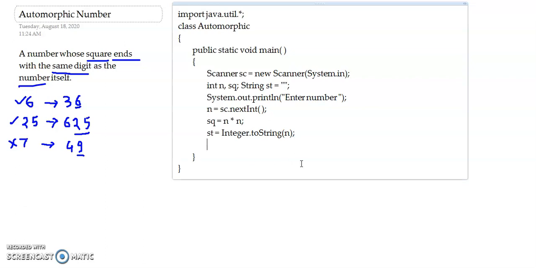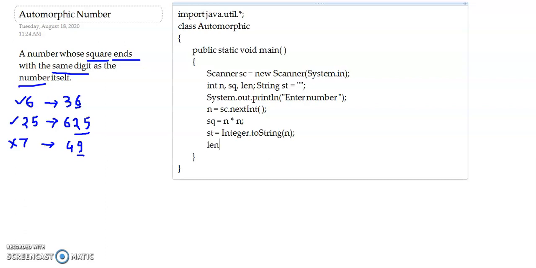Now we are going to use the length function of the String class to find out the length of the number. So now in st, the string converted form of the number is stored. So we are just going to calculate the length of st. For this we are going to take another integer variable, say len.